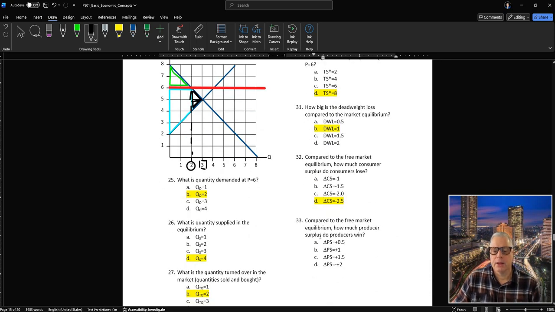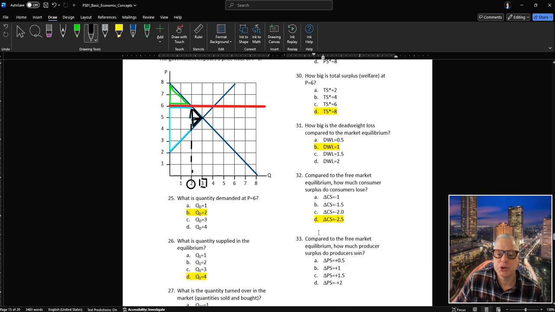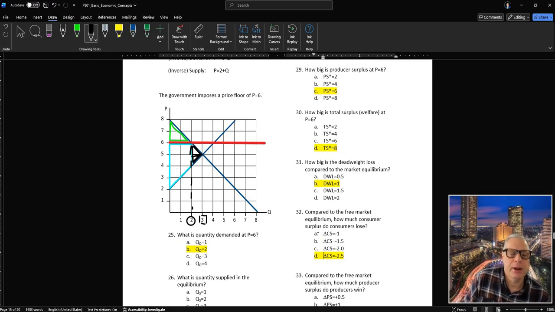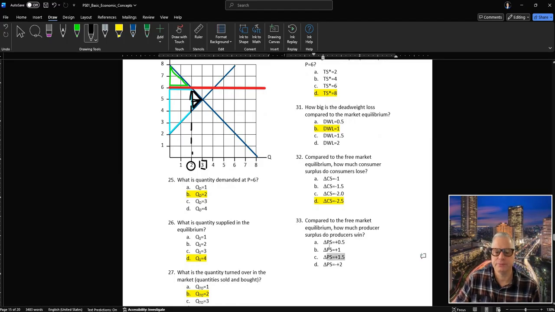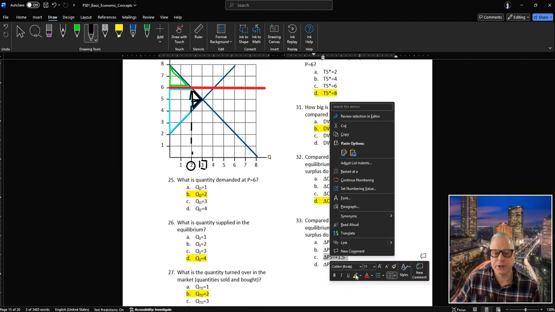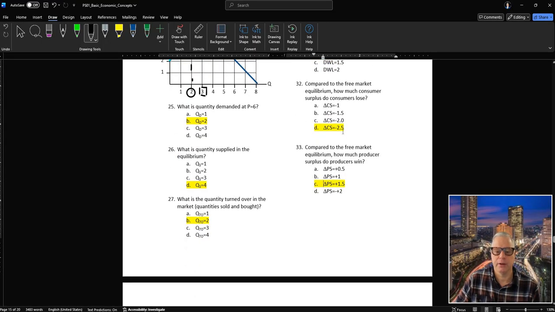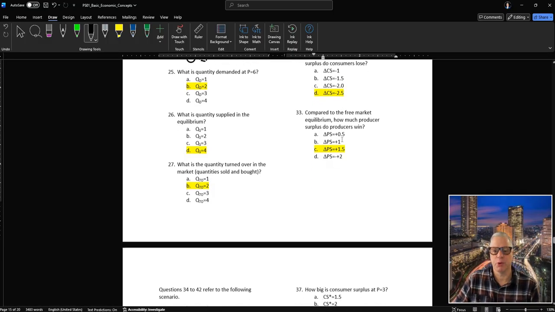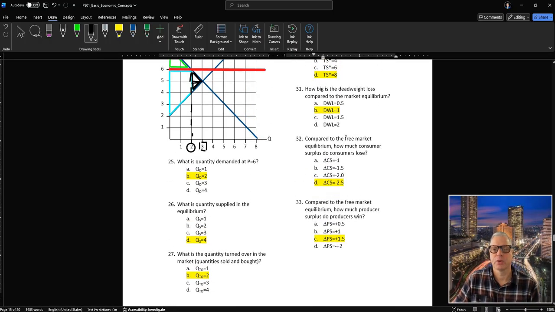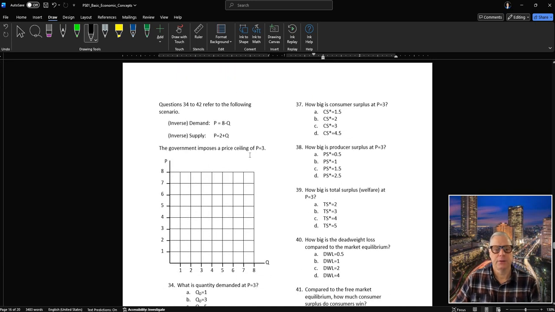Compared to the free market equilibrium, how much do producers win? Well, in the market equilibrium, the producers also had 4.5, but now they get 6, so they gain 1.5. So therefore, we must have a deadweight loss of 1: if one gains only 1.5, but the other group loses 2.5, there's a net loss of 1. Okay,